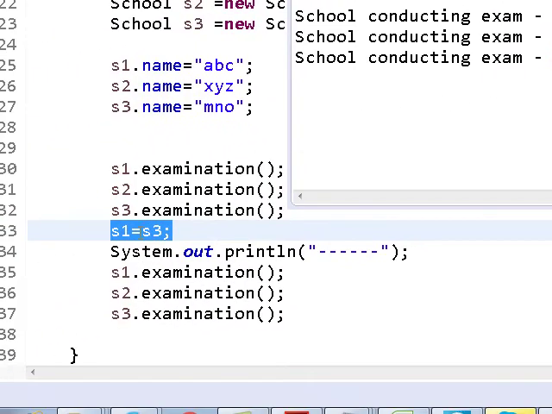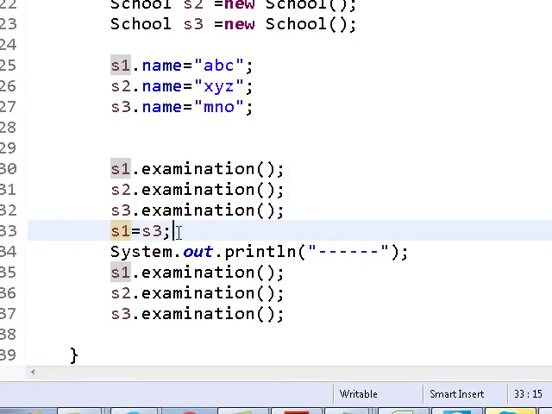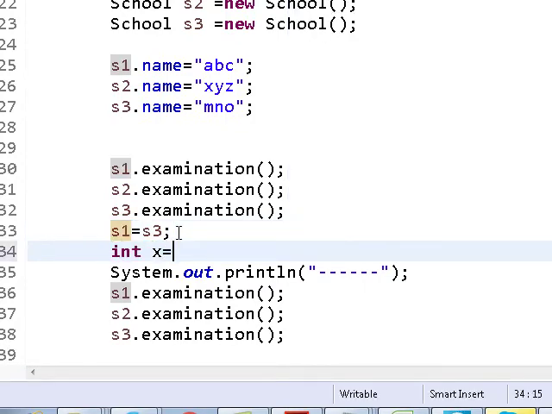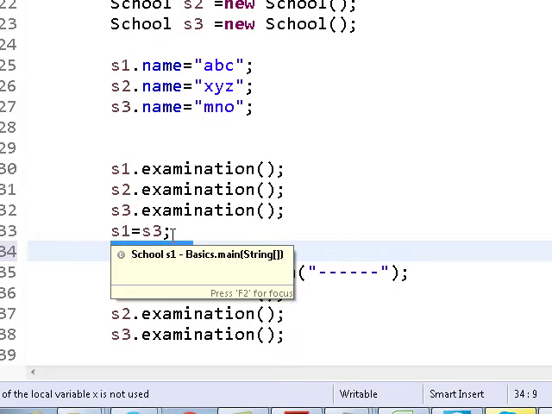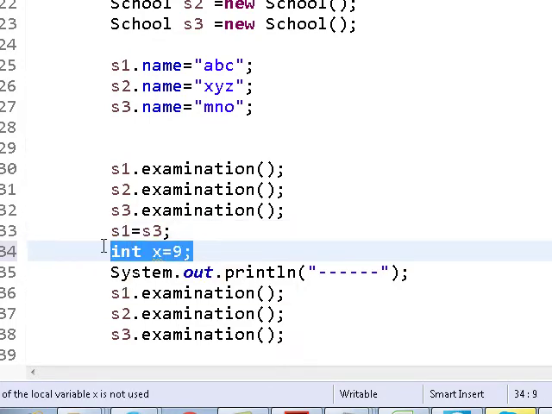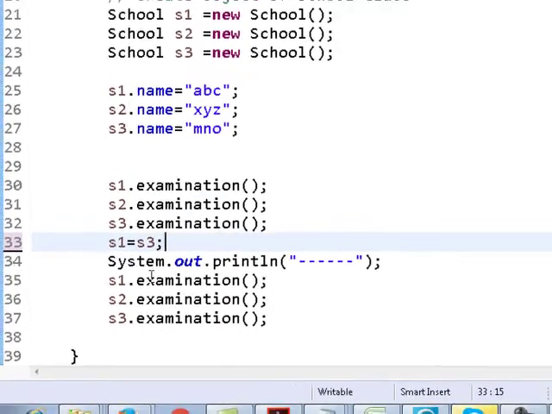No, S3 will not point to S1. When you write in Java int x equals 9, you put 9 in x, not x and 9. So S1 will start pointing towards where S3 is.